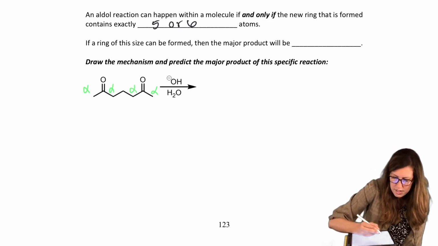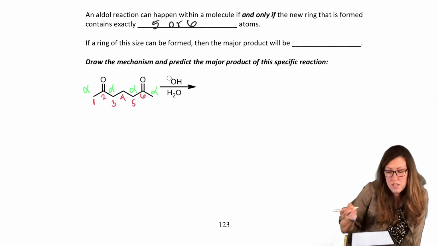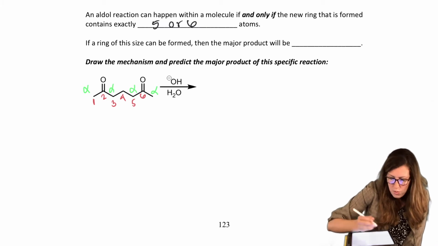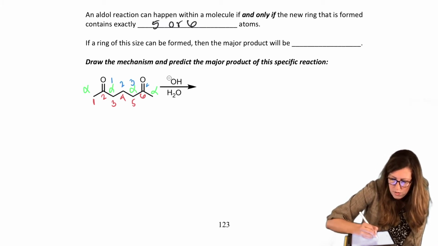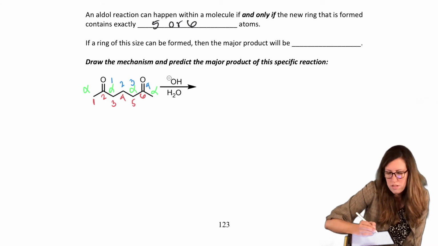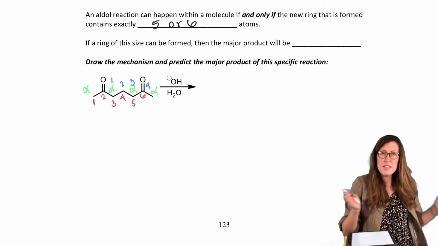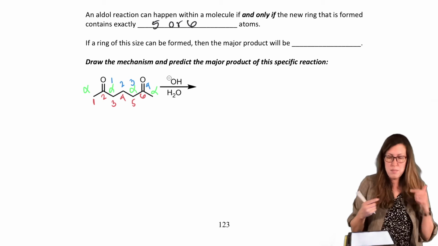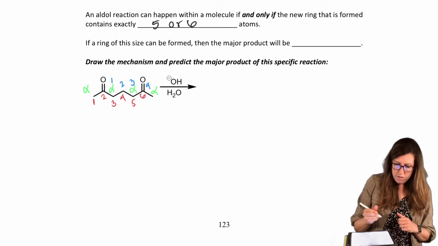So I could say, well, if this is the enolate, I get 1, 2, 3, 4, 5, 6. Hey, that's pretty good. Let's see if the other one is the enolate. 1, 2, 3, 4. Yeah, we don't want a 4-membered ring, so that's not going to happen. And because this is symmetric, numbering the opposite way, you'll get the same effect. So go ahead and check that out for yourself.